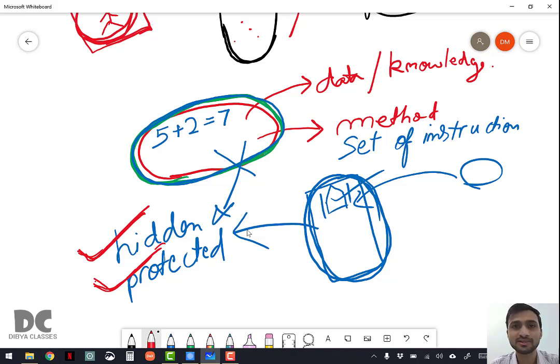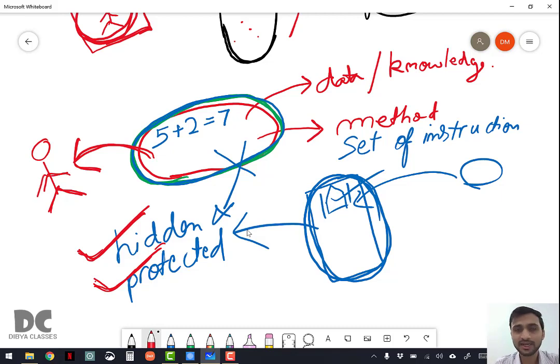So you have to go somewhere secret and eat it, something like that. But you can share it. Encapsulation helps you to share. It is hidden and protected, but if you want to share, you can share it. Like, we can share this knowledge that 5 plus 2 gives 7 with your friend. If you want, you can share. If you don't want, he cannot take it from you by force.